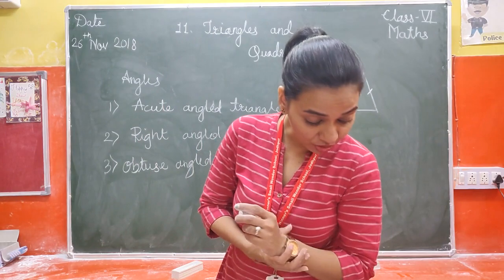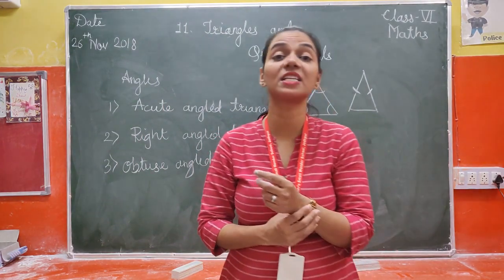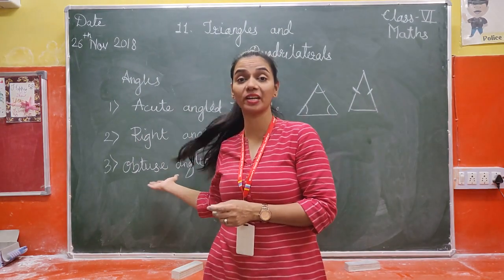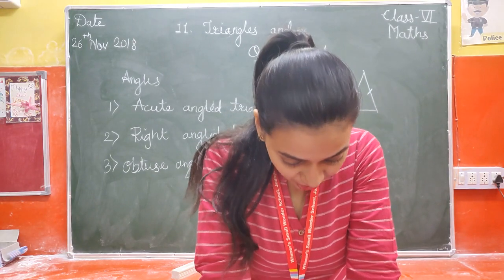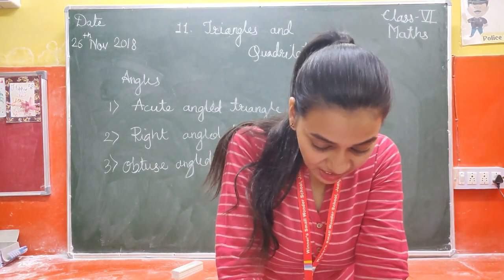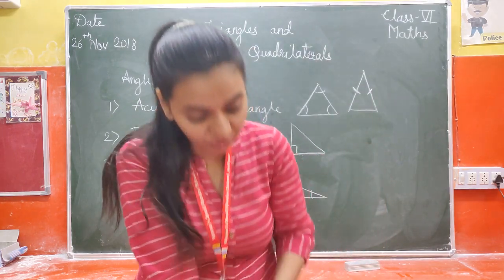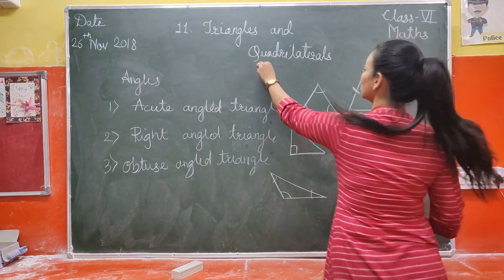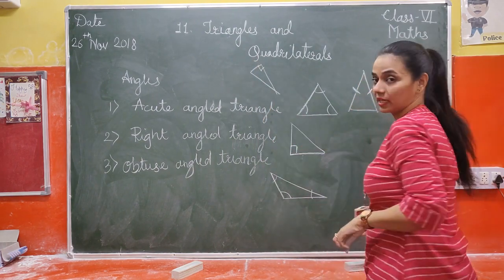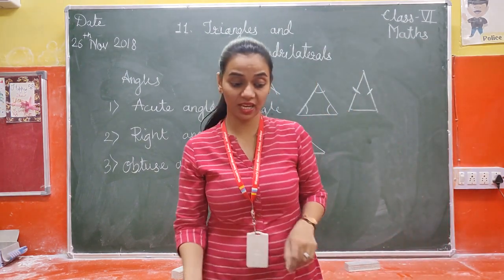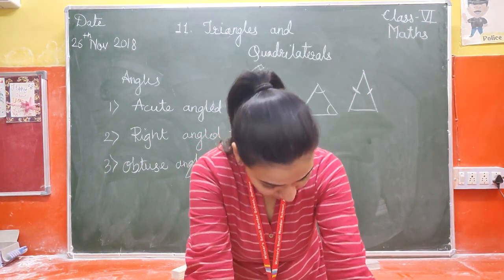Right? Now the third question. Classify triangles H and I on the basis of their angle. Now I have told you three types of triangles on the basis of angle. So let us try to classify them. H and I. Now H, you can see it has a right angle. I also has a right angle here. If you look properly at H, it is somewhat like this. Right? So here is a right angle. Okay. So you can see that H and I are right angle triangles.